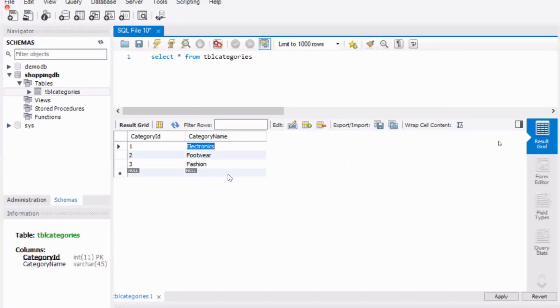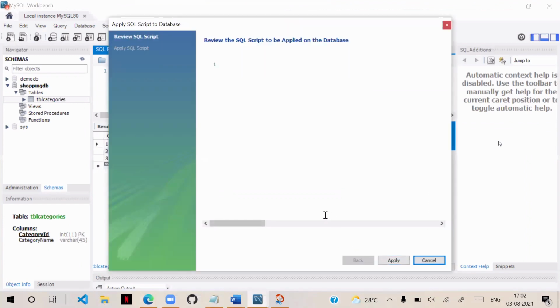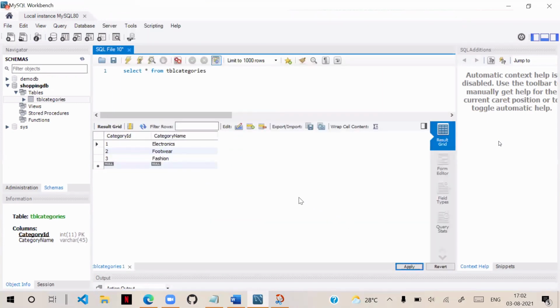After doing the modifications, you click on apply, and it will generate the update query. We haven't done any modification, so it just opens the edit mode. Delete and every other operation you can do here. But if you know SQL commands, that will be easier for you. So that is basically how we can handle it.